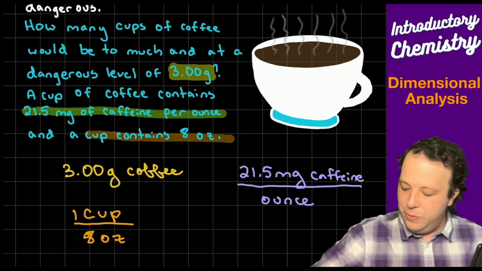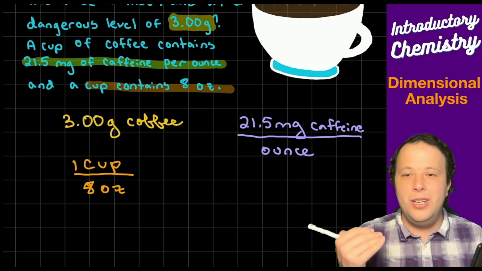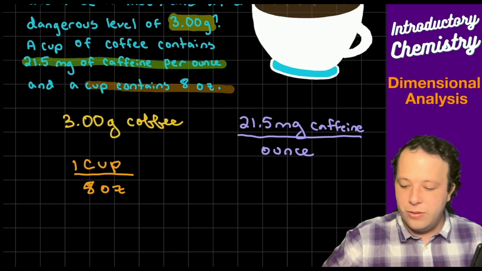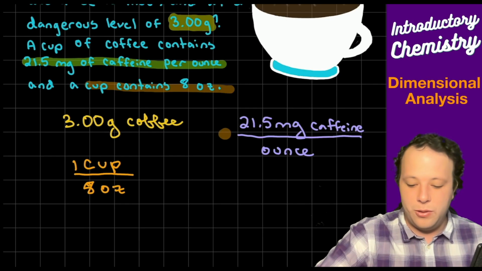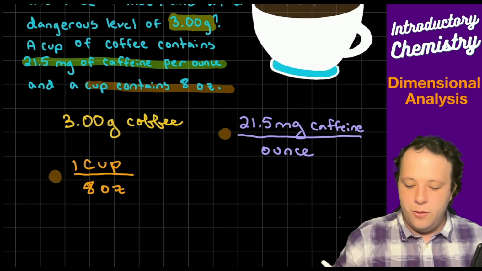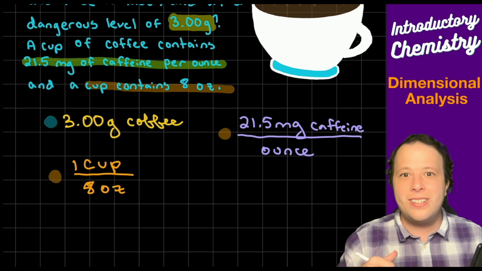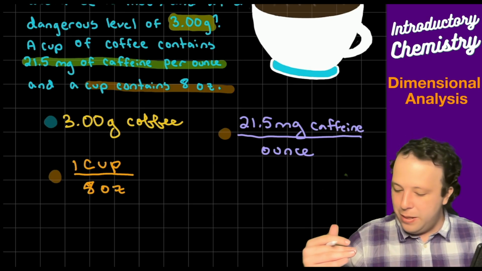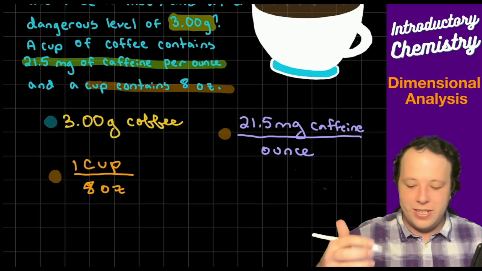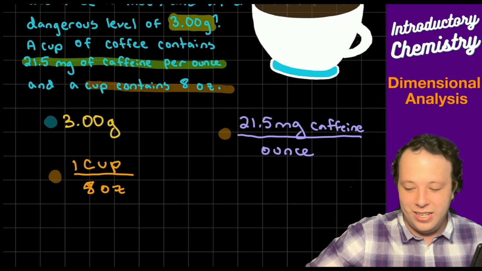Great. So now let's see what our common trend is. What should we start with? We have 2 conversion terms, the 21.5 milligrams and the 1 cup per 8 ounces. We have a term by itself, so we should definitely start with that. That will make our problem easier. However, how do we bridge the gap from coffee, or how much? Sorry, it's not even coffee, that's actually caffeine. It's 3 grams of caffeine, not 3 grams of coffee.